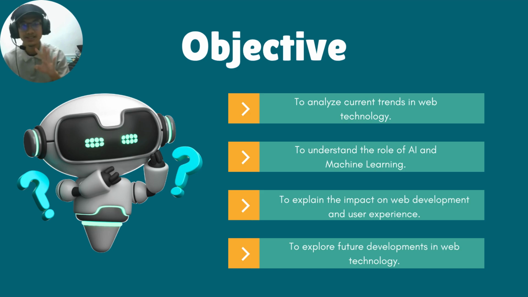We have four key goals for our session today. First, we aim to analyze the current trends that are shaping web technology right now. Second, we want to build a clear understanding of the specific role that AI and machine learning play within those modern architectures. Third, we will explain the direct impact this technology has both on how developers build web applications and the